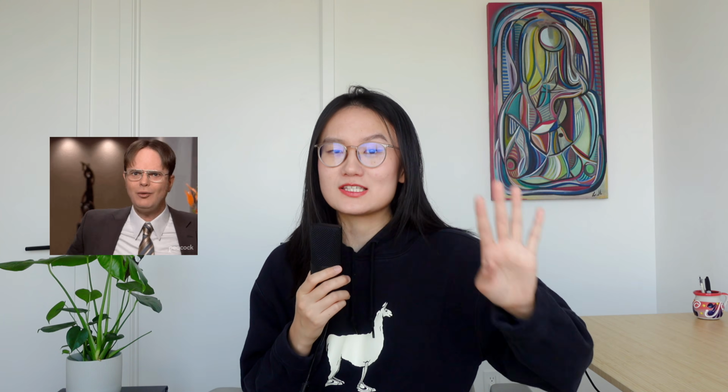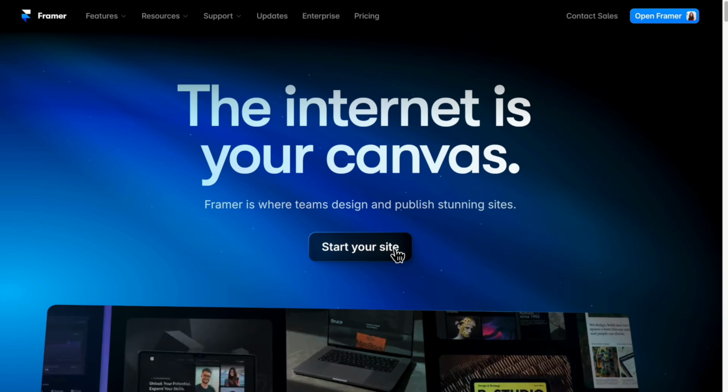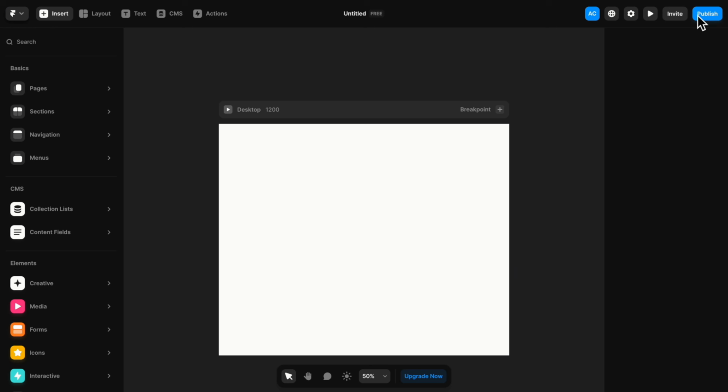You can do tons of cool things with Framer, so I will only cover the workflow with the highest ROI for designers. Please open Framer from the link in the description and start a new site. Click New Project to begin. The Framer editing canvas feels similar to Figma.